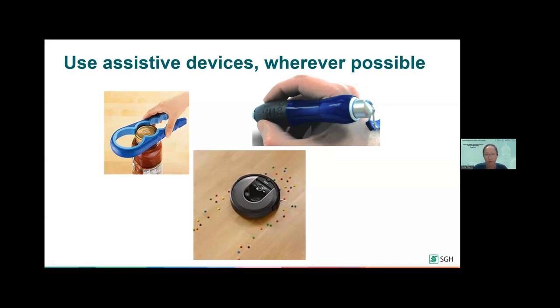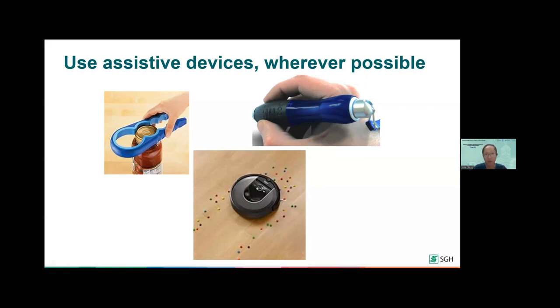So whenever we have problems with holding small things, or we have difficulty gripping, it is always helpful to use objects that have a wider build-up so that you don't have to hold too tightly. You can widen out your grip, and it should always come with a good grip.